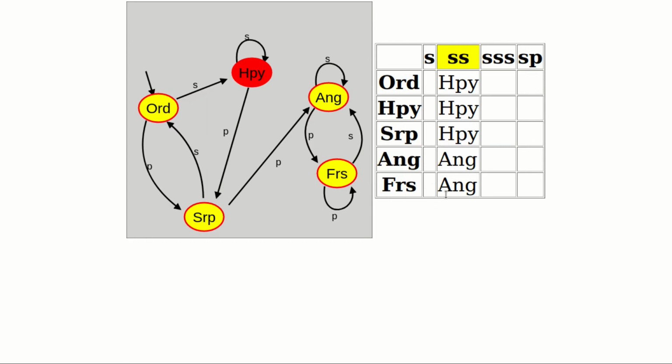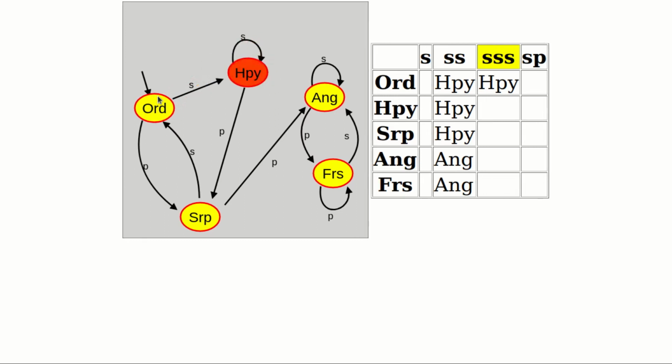Now let's take another input word. Suppose I take SSS, smiling thrice in succession. Again, I will start with odd, then it will take it to happy. If I start with happy, I remain at happy. If I start with surprise, I end up happy. If I start with angry, I remain angry. And if I start with furious, in that case three S's in succession take me to angry. Observe that both SS and SSS define the same